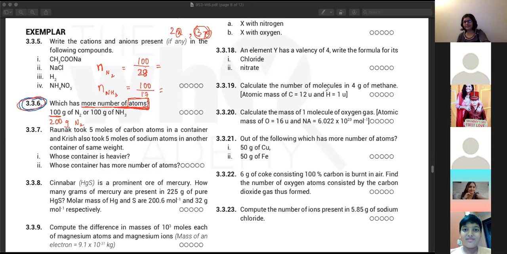Okay, everyone agrees? Ma'am, there are 14.28 moles in 200 grams of nitrogen gas, and that has 5 moles, and it's, ma'am, 300 it would be in grams. N2. It would be N2. N2 only, okay. Because 200 by 28 you can also write as 100 by 14, and 100 by 14 is going to have more moles than 100 by 70. All right, but we are not talking about which one has more number of molecules. You are asked which one has more number of atoms.